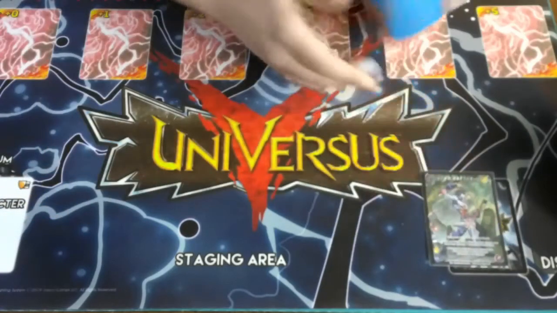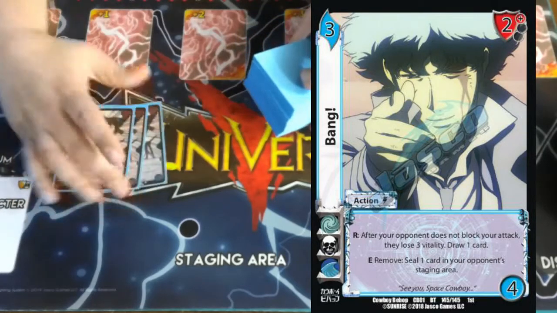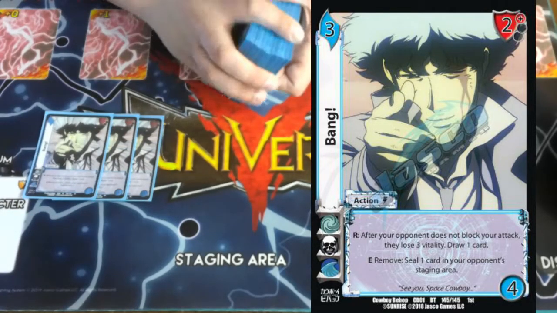So let's get into the deck. Starting off, we got 3 Bang. Bang is a super powerful card that lets us seal our opponent's character or just any other card that we don't want to have to deal with, whether it be like a